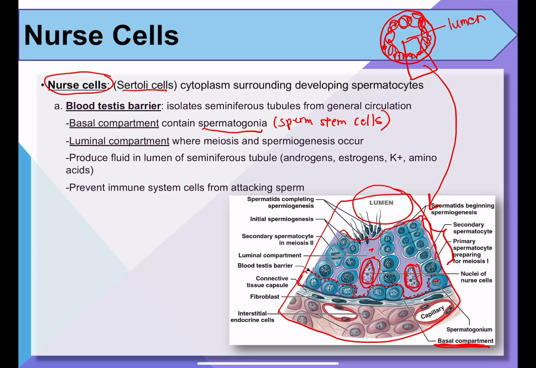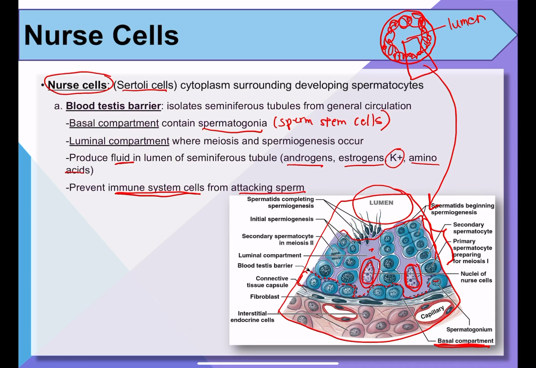And hence, the nurse cells are in charge of making that fluid, okay? And the fluid usually also contains androgen, estrogens, potassium ions, and even amino acids. They also have immune system cells, okay, or actually, that blood-testis barrier is also functioning to prevent immune system cells from attacking the